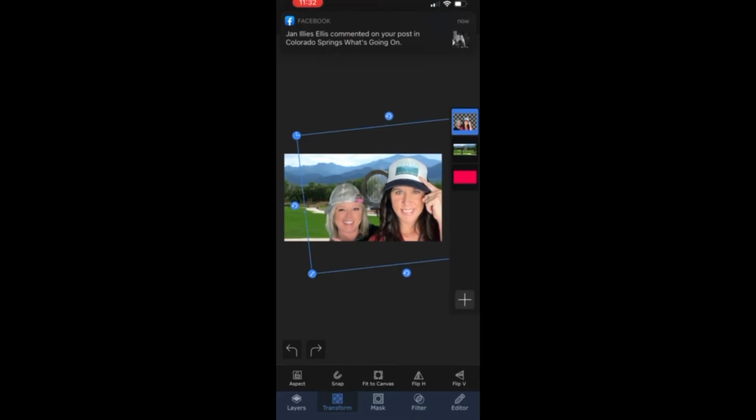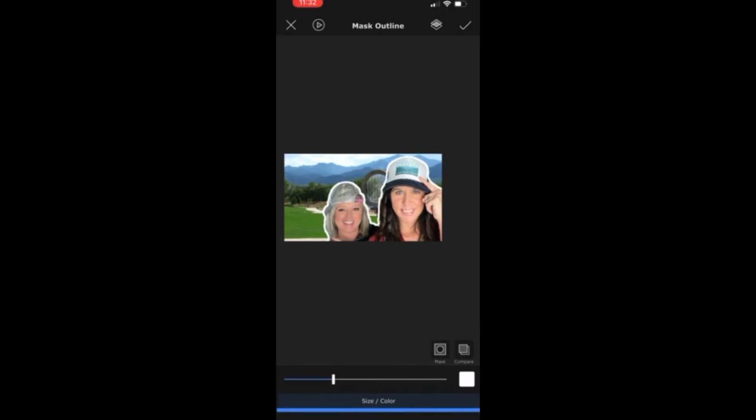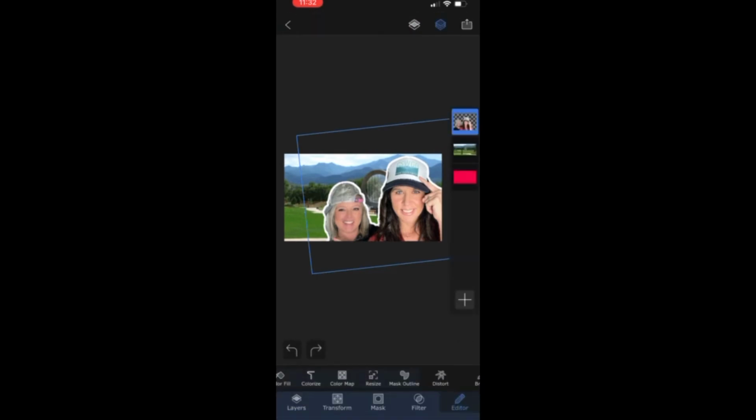And then what you do is you're going to hit the editor button and hit tools. Then you scroll over until you see mask outline, and you just hit mask outline and there it is. So if you wanted to make it more fancy, sometimes I can go back here and